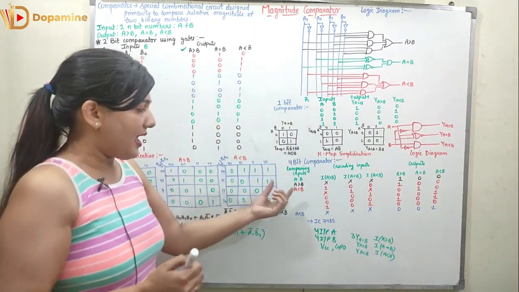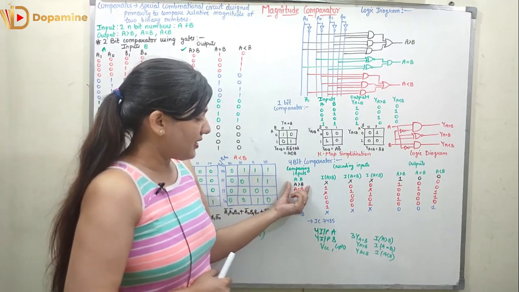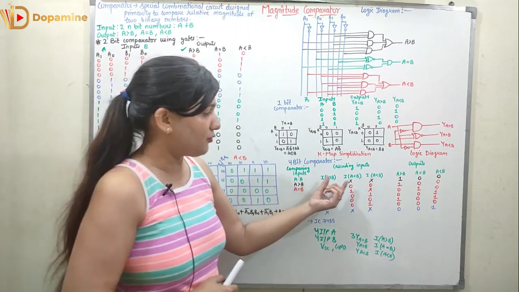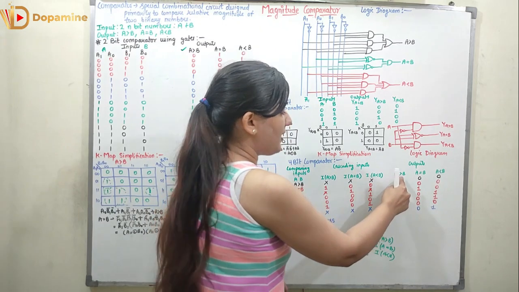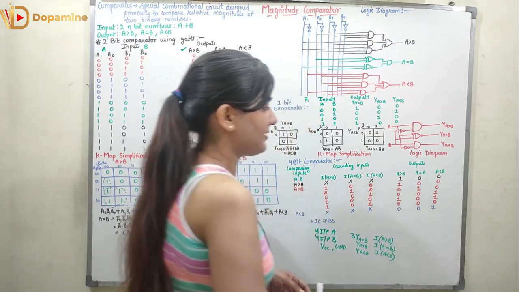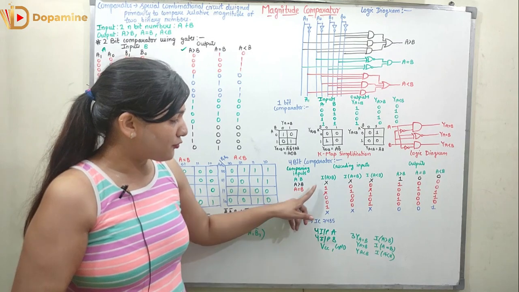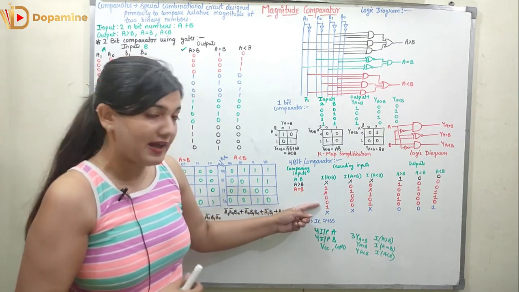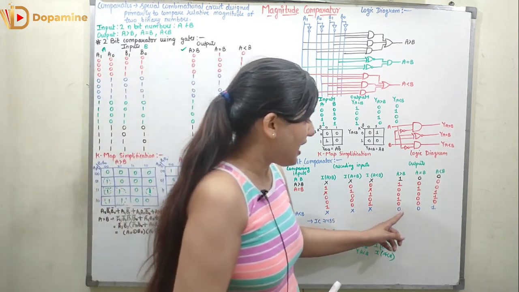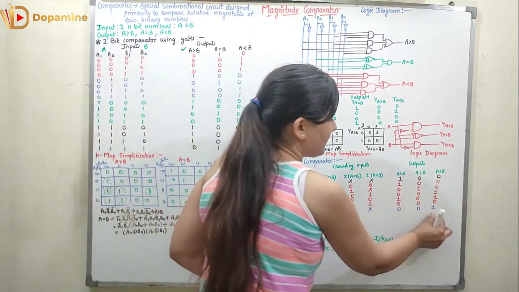Now if I have 2 input numbers, A and B, for the condition A is greater than B, the inputs could be anything. So the input signal could be anything. Here the output A greater than B will be high, A is equal to B will be low and A is less than B will be low. Now for A is equal to B, we have several cases, 5 cases. For A is less than B, again we can have any input signals and for that the output will be 0, 0, 1 only. Only A is less than B is high.